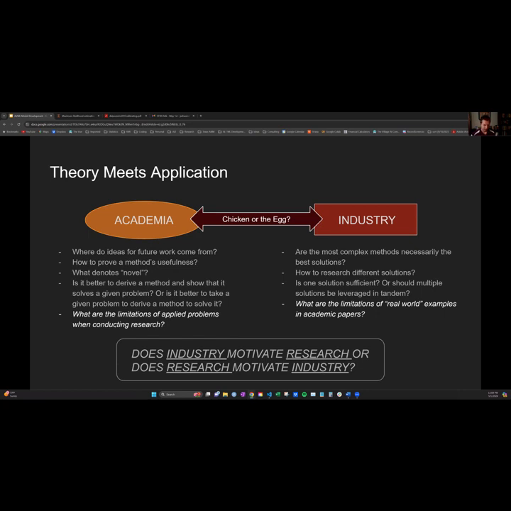So I guess I can throw this question out there that you guys can think about. What would be the limitations of real world examples in academic papers? When you read a research paper and it has a real world example, could anyone give me an example of why that would have some serious limitations from an applied standpoint? I have a 5-second rule. If no one raises their hand, I'll just answer the question. But okay, well, the one thing is there's a lot of assumptions that have to be made in academic papers that don't necessarily translate, right?